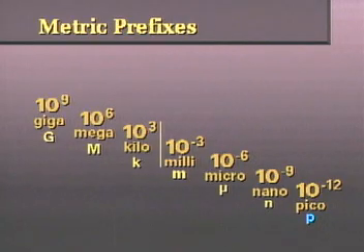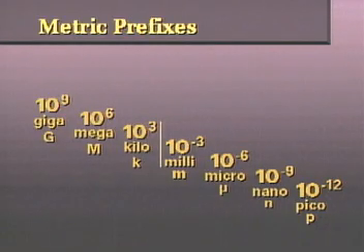lowercase p. All of these abbreviations are easy to remember if you notice that each abbreviation is simply the first letter of the prefix itself, except for micro, which, because M is used for milli, uses the Greek letter for M, mu. Mu is written like a U with a tail on the left side. The only other thing to remember is that giga and mega are abbreviated with a capital G and a capital M. Since the prefixes and their abbreviations are widely used in electricity and electronics, you should commit them to memory.